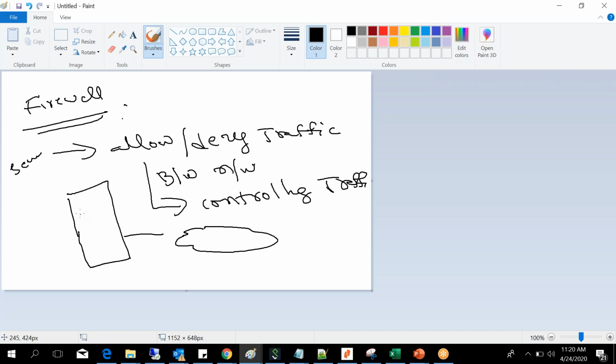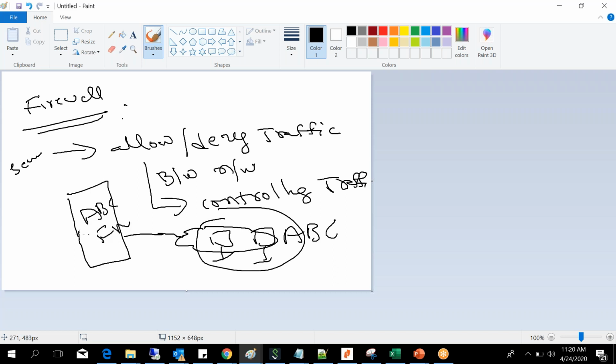Now, if you deploy a firewall, by default the firewall will not allow the traffic from the internet. This is your local network, the company ABC network, here is the company ABC firewall, and this is the internet.